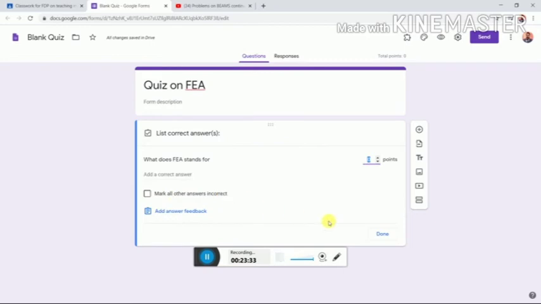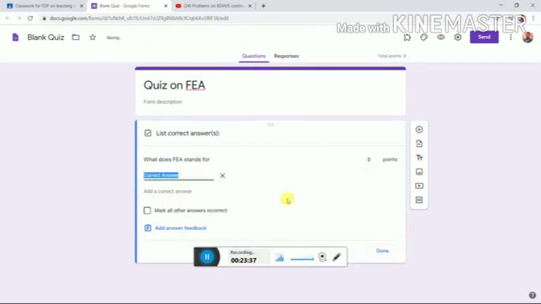Then here in the answer key, I can add the answer, finite element analysis. When I add the answer, I also set how many marks you want for this question. For example, suppose each question carries 2 marks.